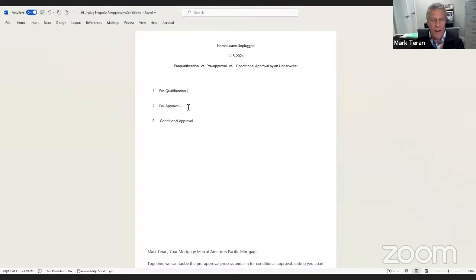And once we're there, we've got all our ducks in a row, we've submitted to the underwriter. Now the underwriter is going to underwrite it based on the terms of what we've submitted it on and come up with a conditional approval based on certain conditions. And the beauty in that is when we haven't found the property yet, we've submitted based on a particular program and sales price. That's all well and good. But what we're going to find out is what questions the underwriter may have about the file, what they need us to further explain and document.